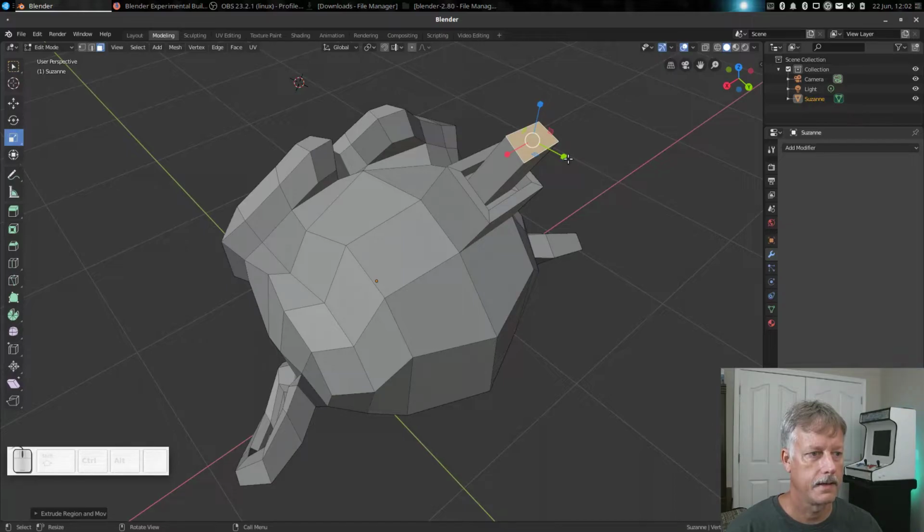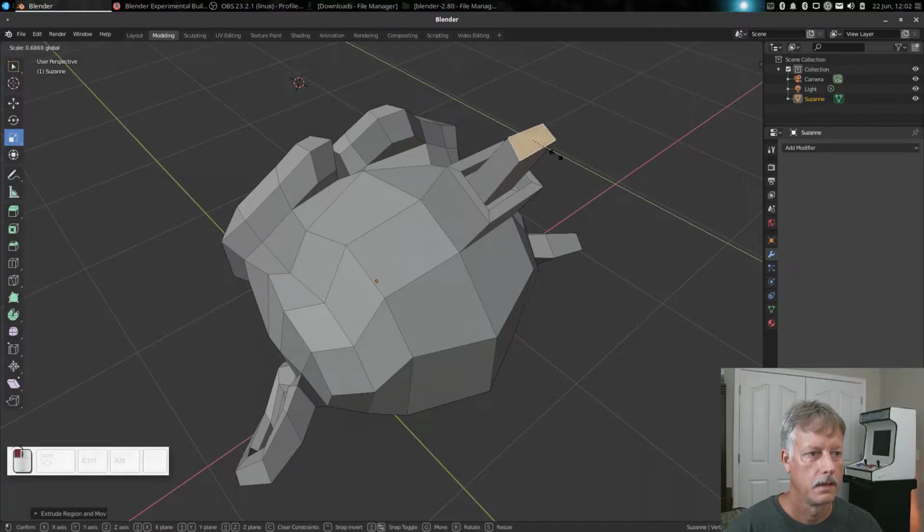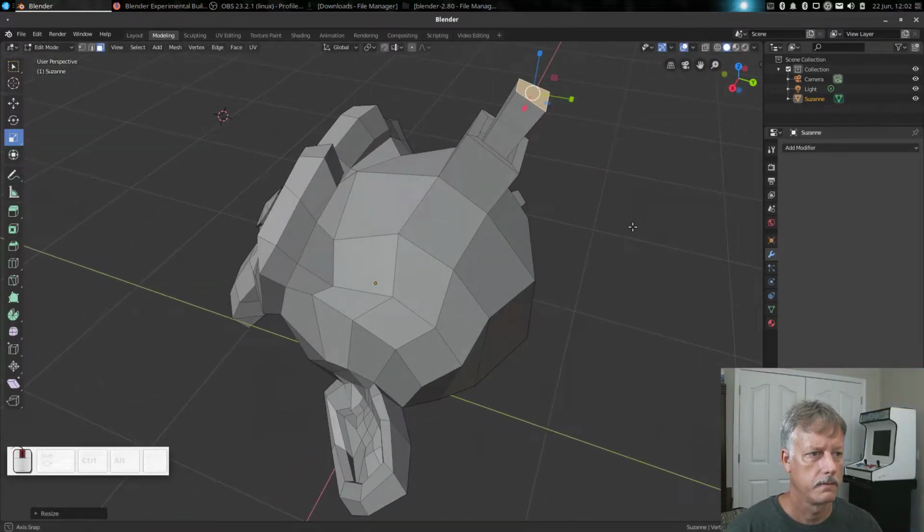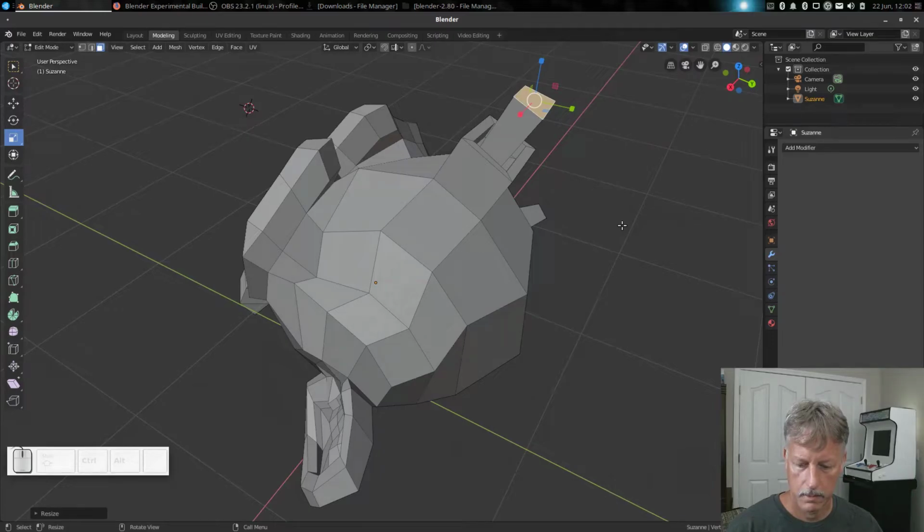I can scale it down in this direction, which is kind of weird. It's kind of scaling it in the direction I wouldn't have guessed. So can I press the X key? Oh, I deselected it. Let's go back to the selection here. And let's click on scale. And can I click